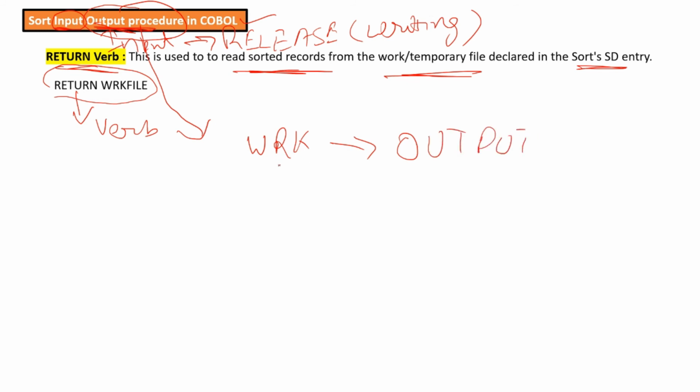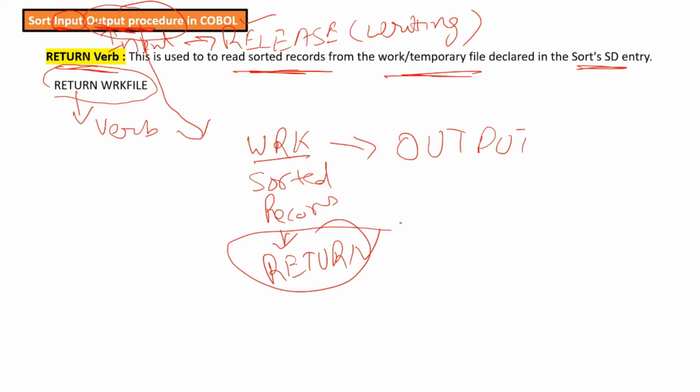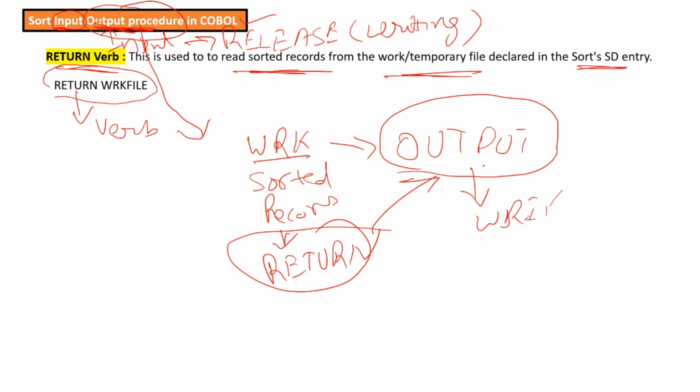So it will contain the sorted records. These sorted records will first be read from the work file using the return verb, and then they will be written into the output file. And for writing, we will use write for the output file.